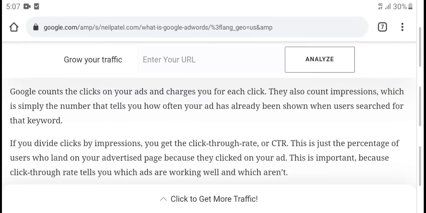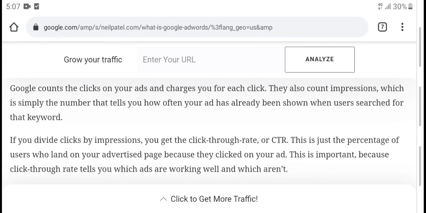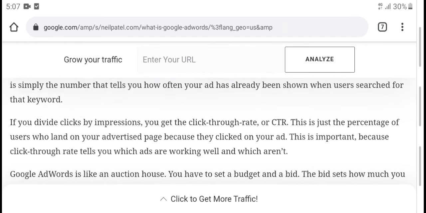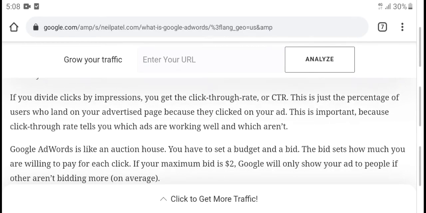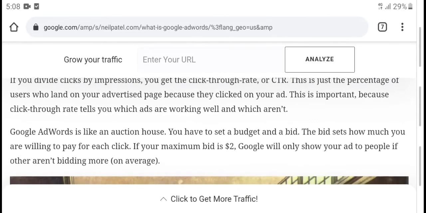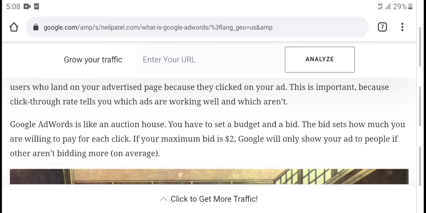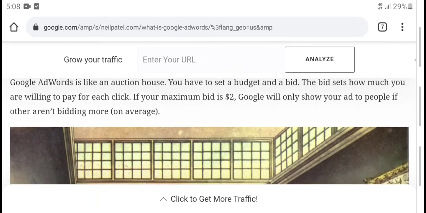Google content, the clicks, ads and charges your click. These also content info: impression, which is simply the numbers of these of turn and ad already have shown, been user search the keywords. If you don't click an information you get click target of CTR, this just instead of the use and advertising page. Basically click it on your ads, that information basic tells in advice which Google Ads like action basic your